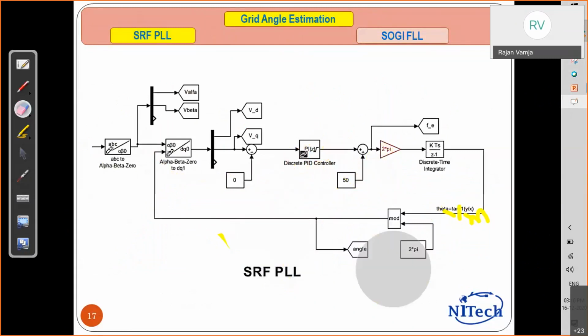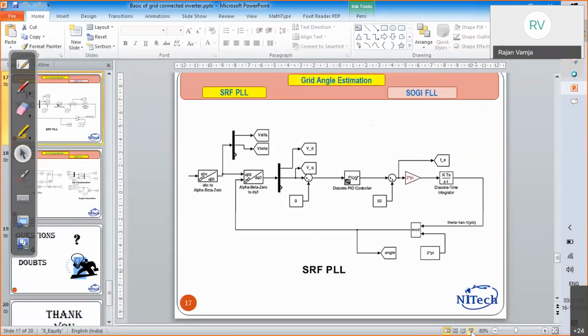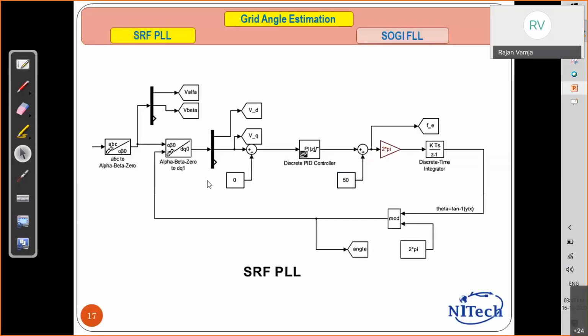How can we implement it, or how can we verify it? This was all about the theory. So now, how to implement it using a microcontroller. Okay. To implement in the microcontroller, we can use this Visual Blaze platform. We'll see how to make that code to implement this SRF PLL. Okay. So the same code, how can we develop? Which video are we going to see?